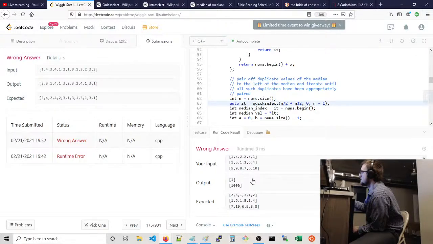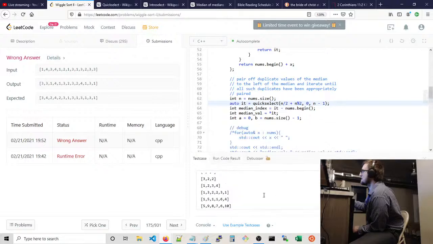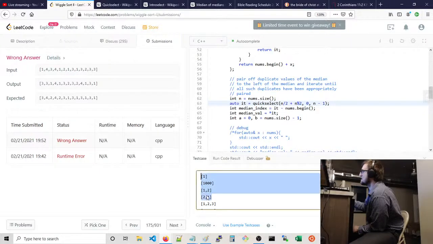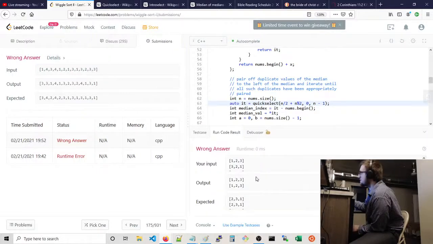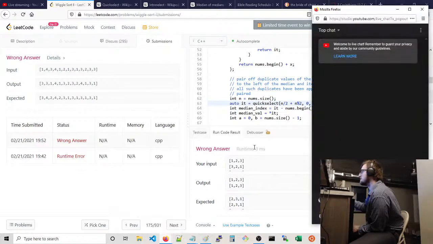Nice. And 1, 2, 3. 1, 2, 3, and 2, 2, 3. Really. Those are the ones that are wrong. You've got to be kidding me. Basically, we're expecting the 3 to be in the middle for all of them. That's good. It's just,